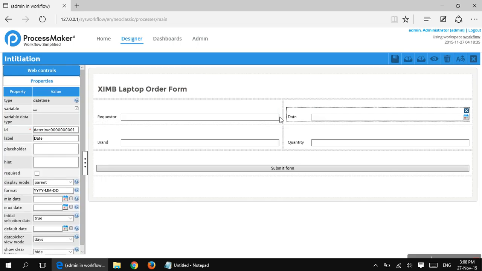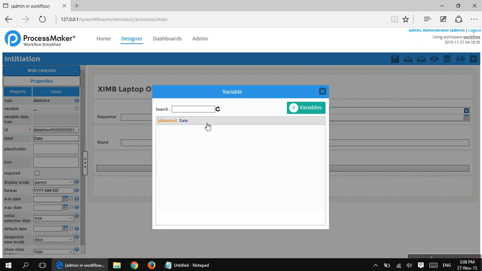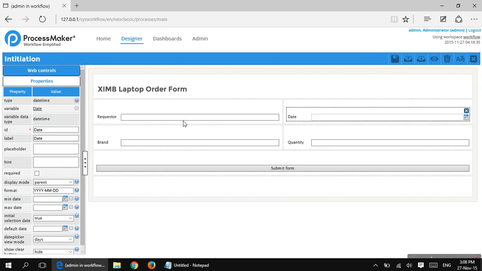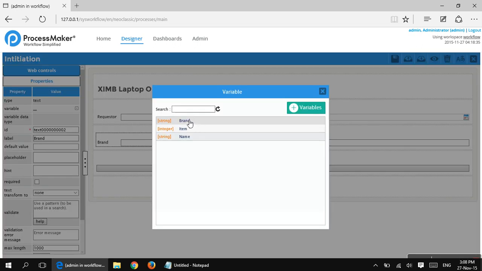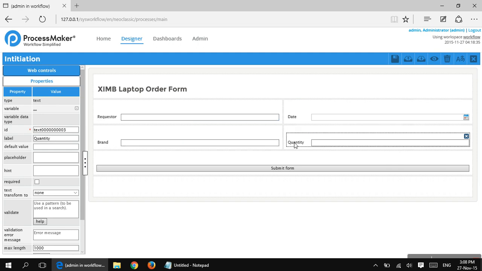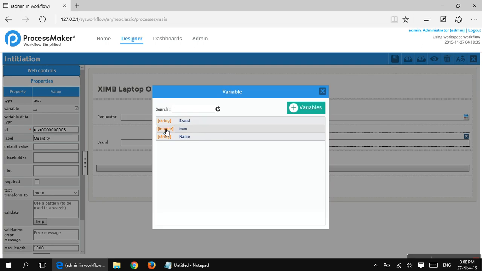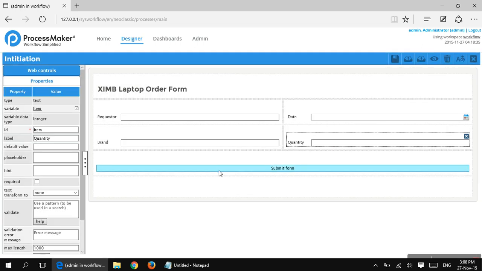For date and time, click here, do the same thing, and you will get only one option, date and time, and my brand would be a string. If I do the same thing, I would have to select the proper variable as brand. And for quantity I had created an integer variable, this integer variable, this is item. Now nearly it is complete, so I would save this,